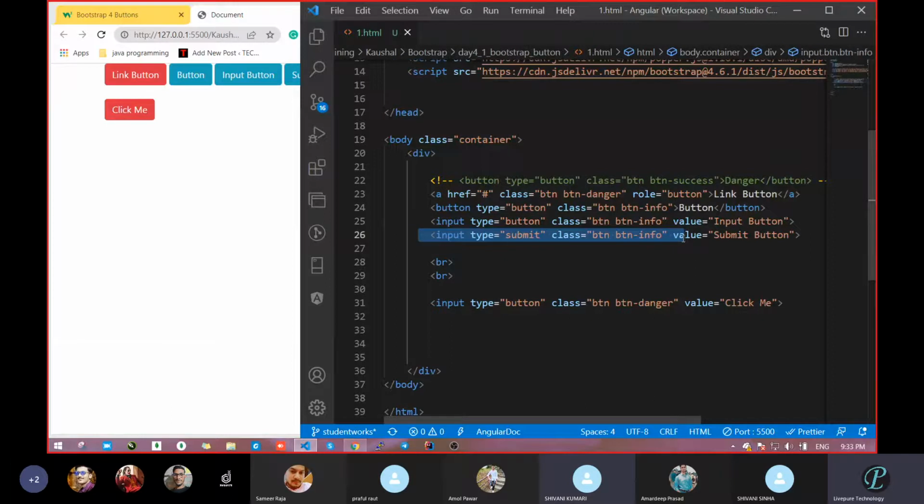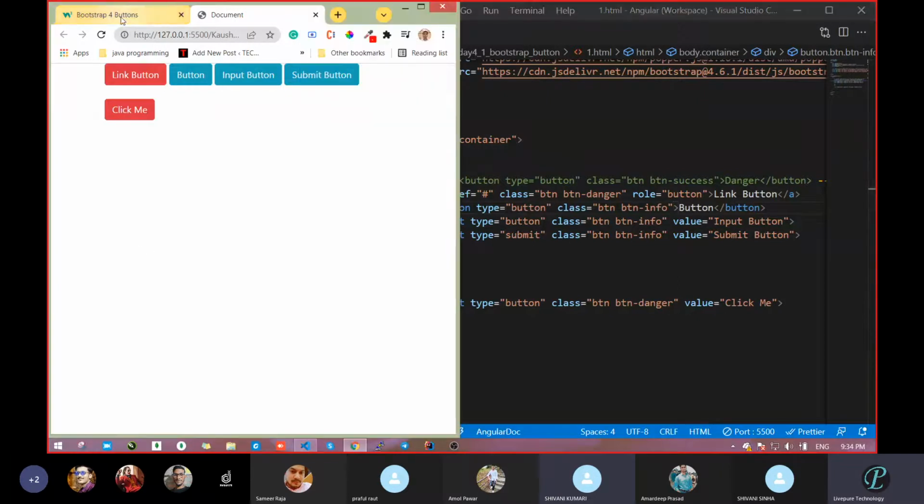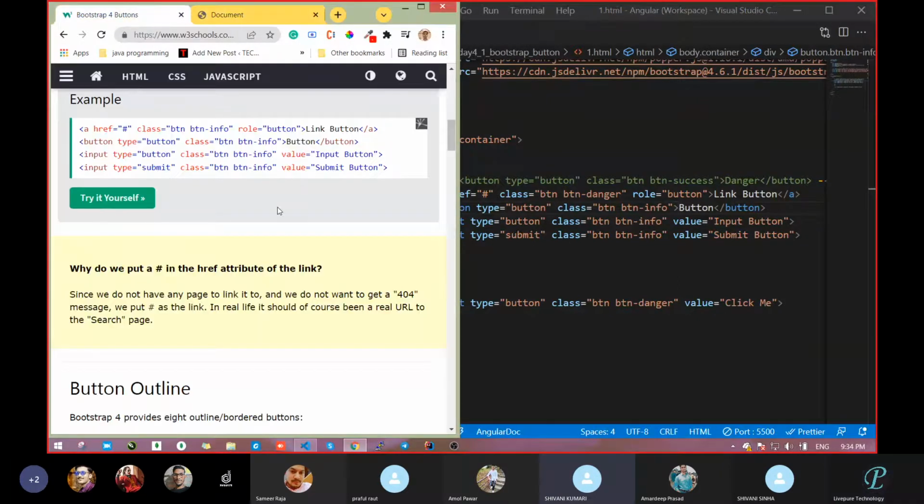Second, in this case, we are taking an input, but the type is submit. What is the difference between type submit, type button, and the button element? All three have some differences. When we work with a form, at that time you will realize that some differences are there. Clear in the case of button? Anyone? Any doubt? No doubt, sir.